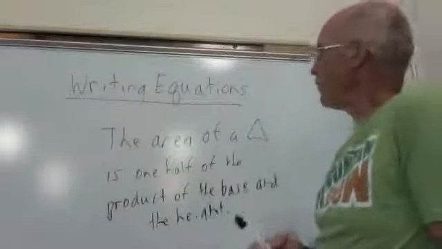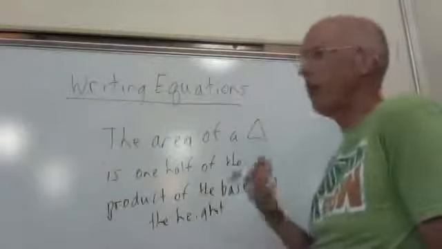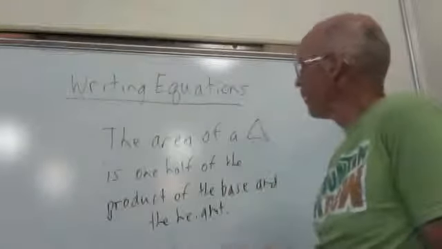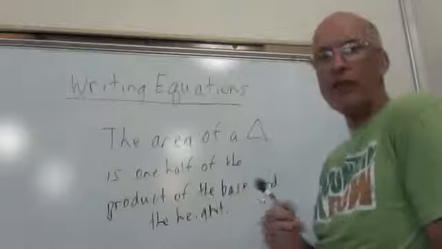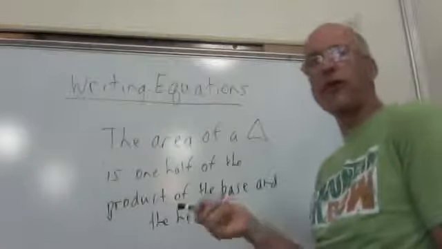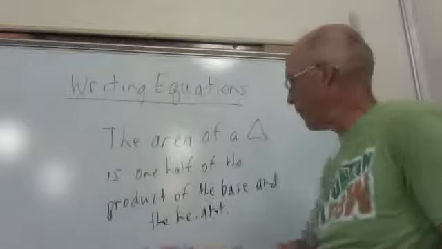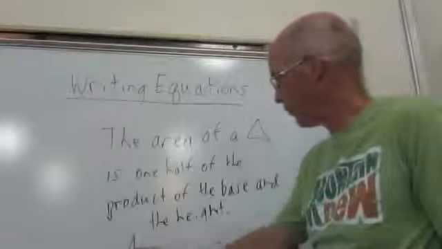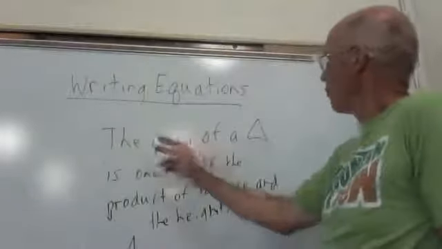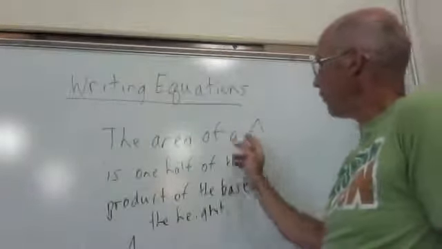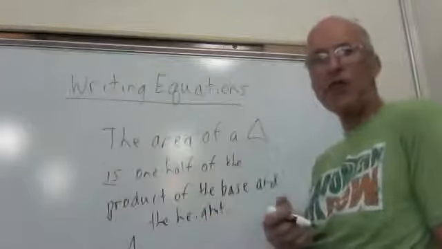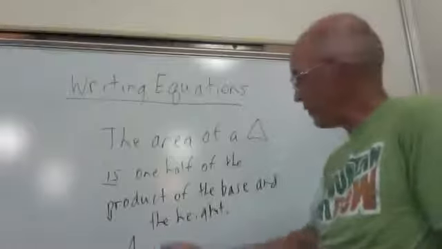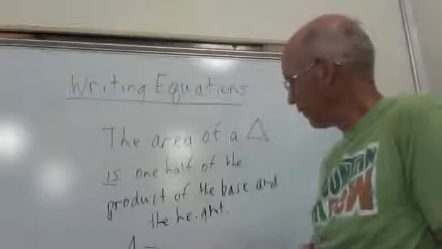So all they're going to ask you to do is basically turn this into mathematical symbols. When it says the area, we're usually going to abbreviate, and usually you're just going to use a variable that stands for the thing you're talking about. So A would probably be a good choice. Okay? The area of a triangle is, okay? What's that? We learned in Chapter 1 is means equal. It equals